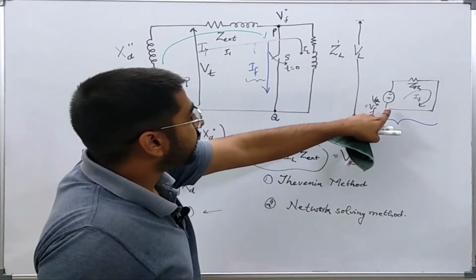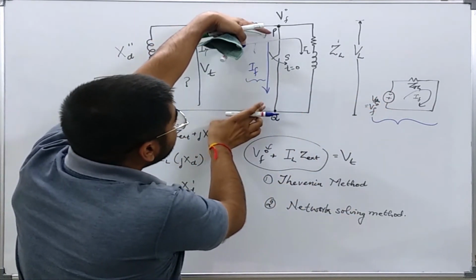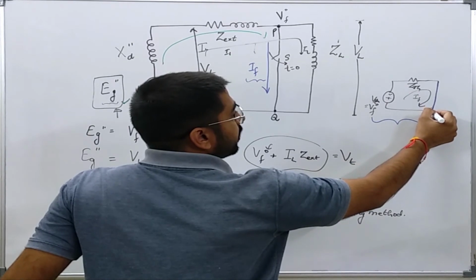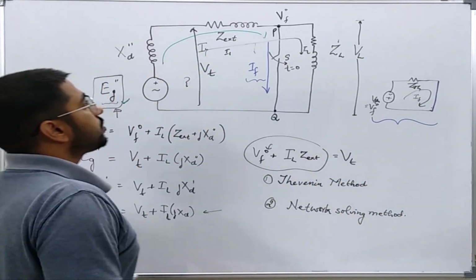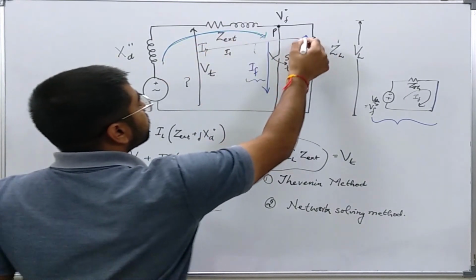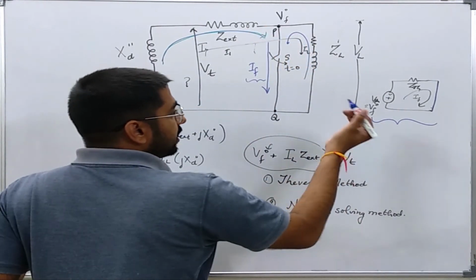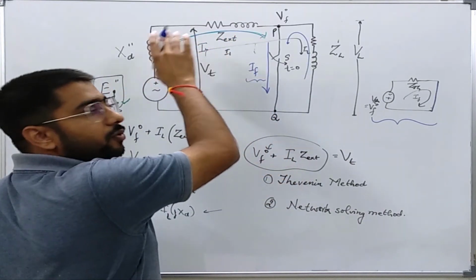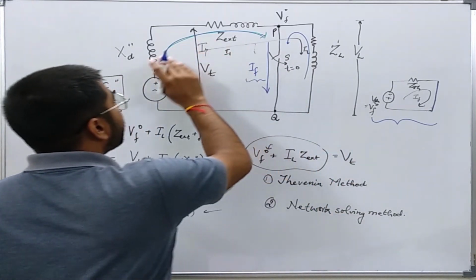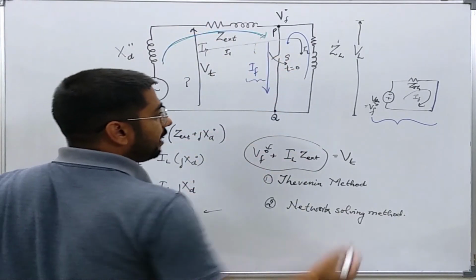Why? Because this circuit is just showing you the values which are being seen across these two points. Okay, and this point is then short circuited. It is not considering any pre-fault values. So if you want to determine the current through these branches, you will have to determine the values of currents which were flowing through these branches before the fault occurred. Okay, so if I want to determine the current flowing through the left branch into the fault,